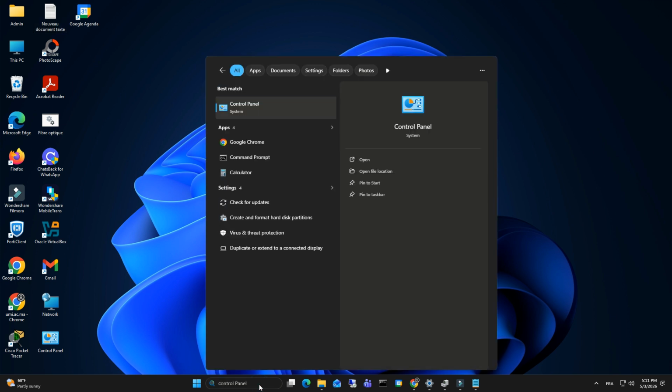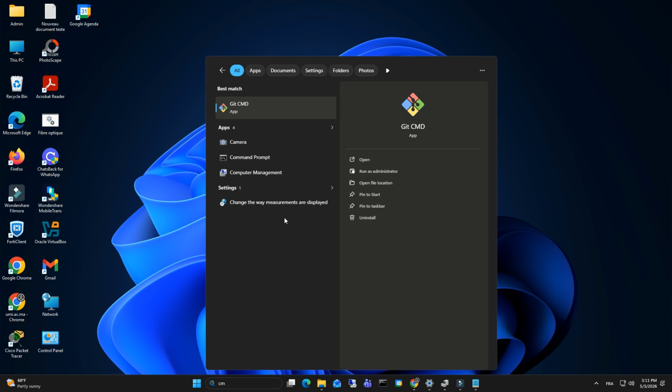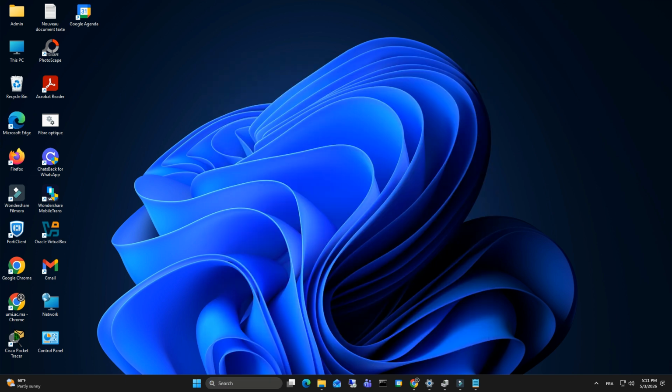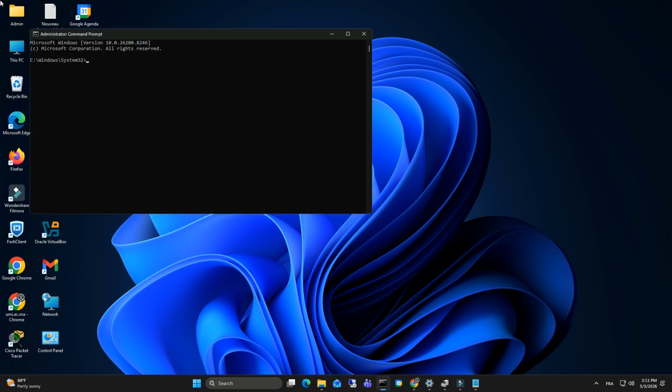First, click the search icon and type CMD. Then right-click on Command Prompt and select Run as Administrator. Click Yes when prompted. Now type the following command: